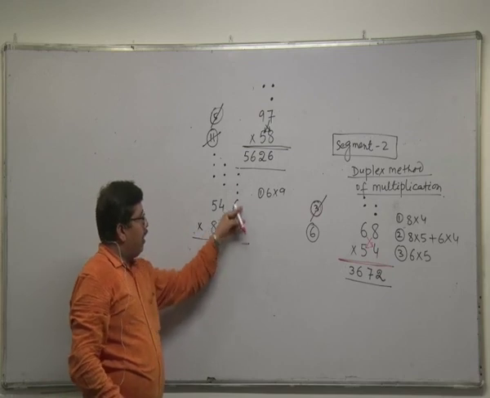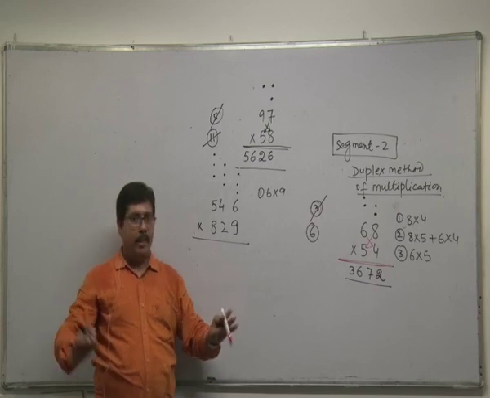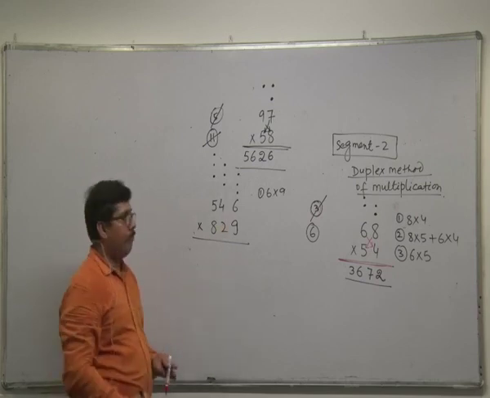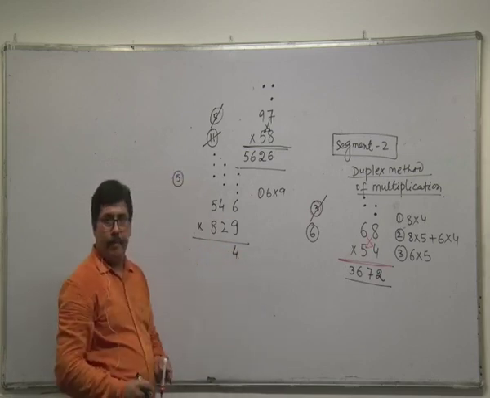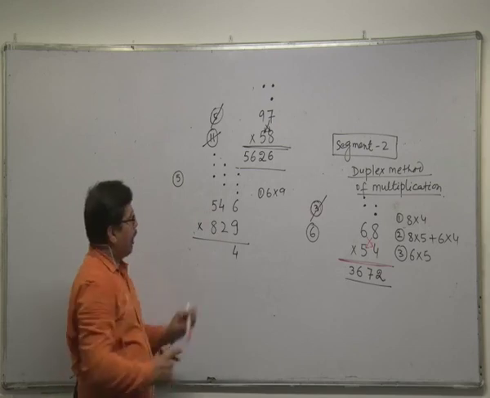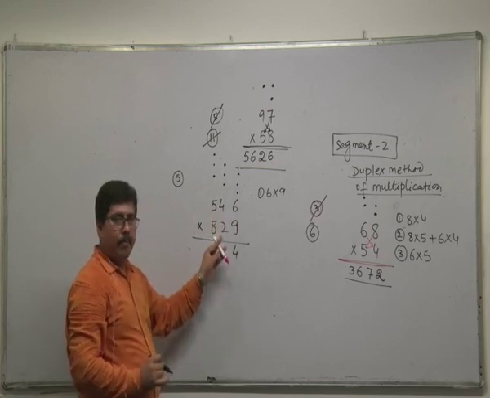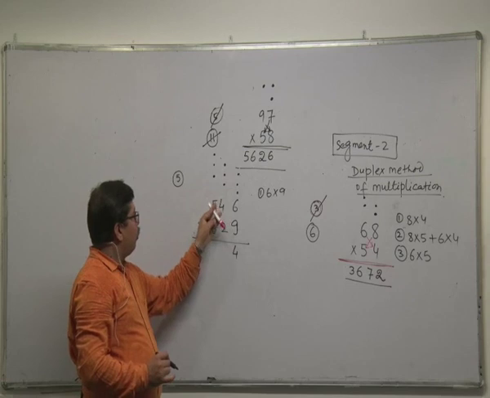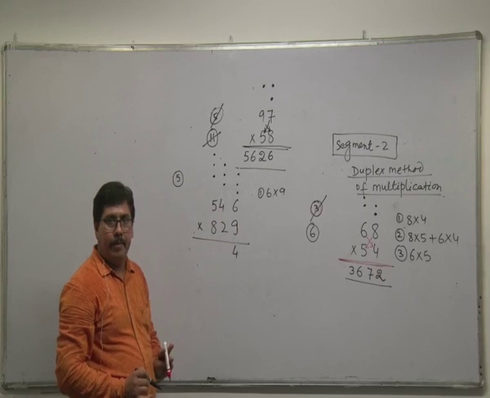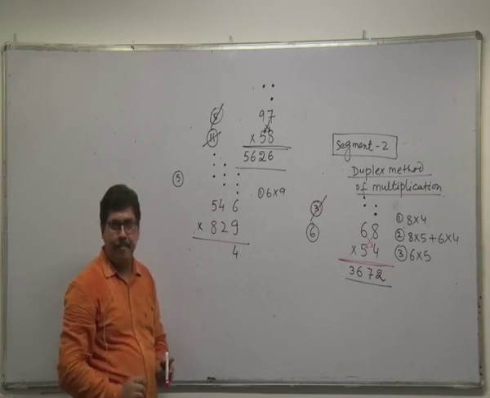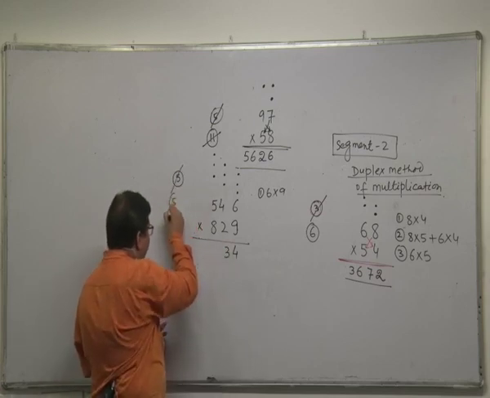If I consider 6 and 9, so whenever you consider single digit, it is simple multiplication. So 6 into 9 is 54. 4 is here and 5 is my carryover. So what is your next step? 2 at a time. 6, 2, 4, 9. 6 into 2 is 12. 4 into 9 is 36. So 12 and 36 is 48 and 5 is my carryover. So 48 plus 5 is 53. 53 is here. My next carryover is still 5.